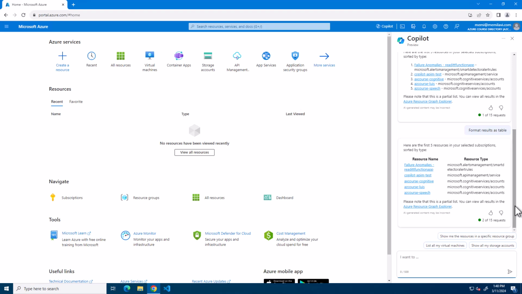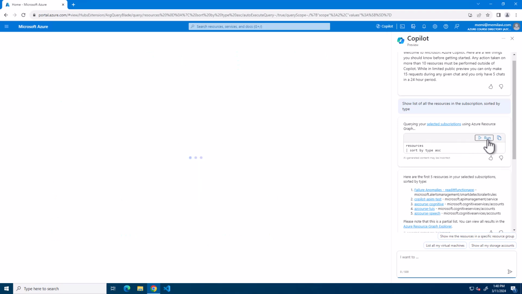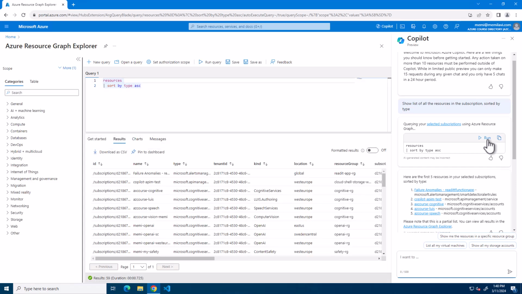Now let's scroll up a little bit, and you see that as part of compiling the list of resources, Copilot created a query which it then ran to get the list. Now you can see that here we have a button with the run text. So now click that. And note that now we have Azure Resource Graph Explorer open, and here is the query